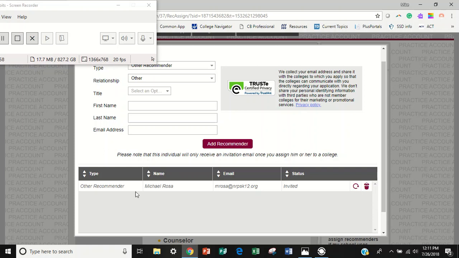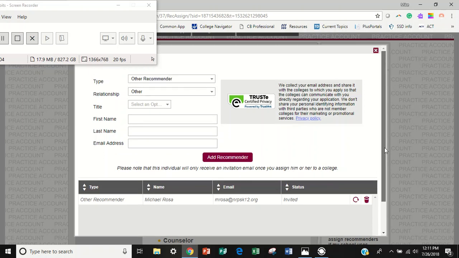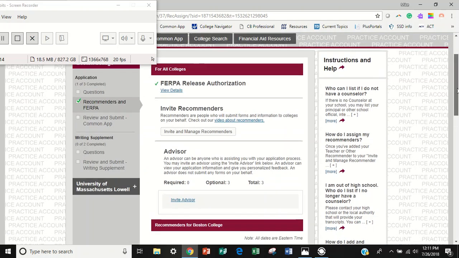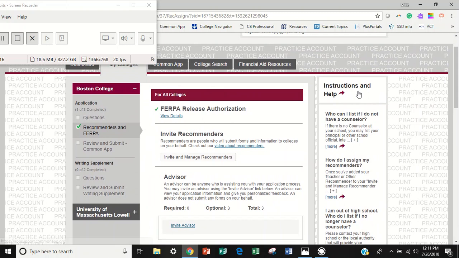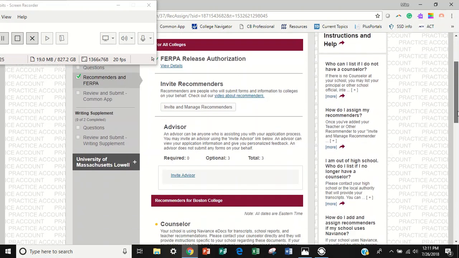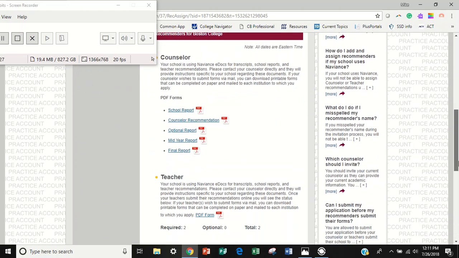So even by adding them in this list, that person is still not going to be notified that they can create an account and send a letter for you. I will show you that now, the process for doing that. So I'm going to exit out of here, and I'm going to come back into the My Colleges area, and I'm going to stay in what's called the Recommenders and FERPA section, and I'm going to scroll down in this area,